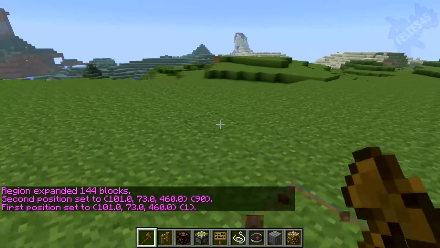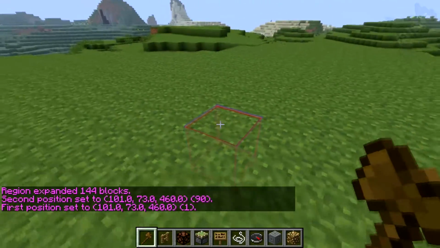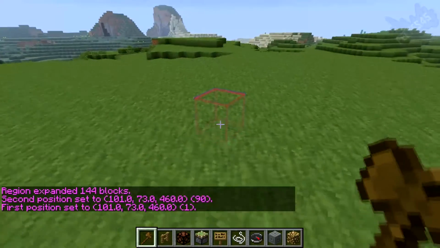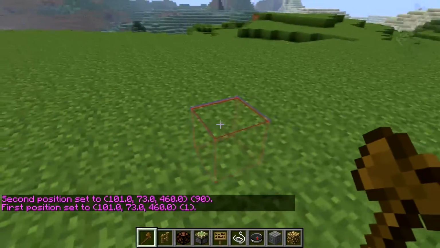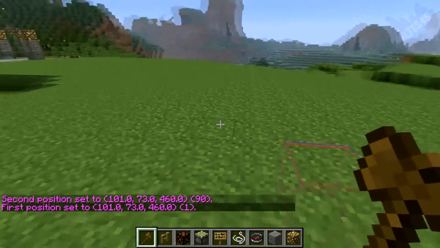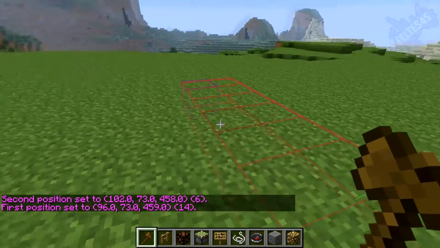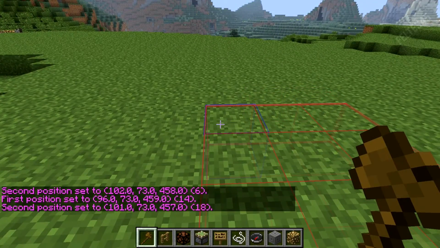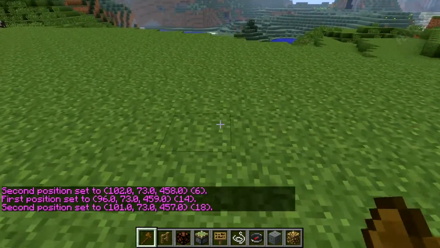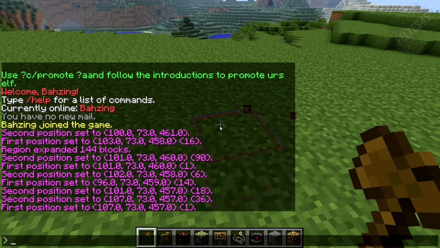But now the UI does a lot more than just cuboids. I'm not sure when it updated, but it must have been in the past couple months, because back in the day it used to be strictly cuboids, that's it. But now it does things like ellipsoids, cylinders, it does 2D polys even, and I'll give you a little test demo of that. We'll do